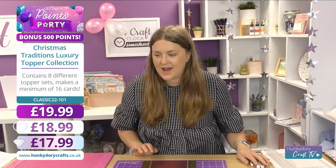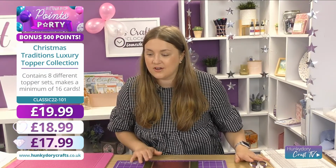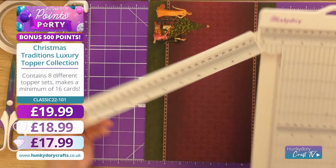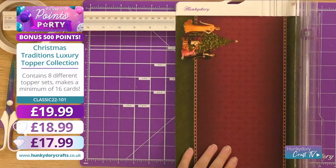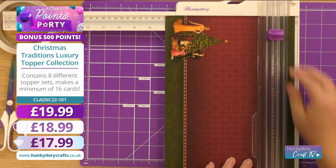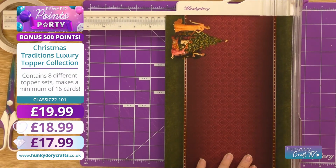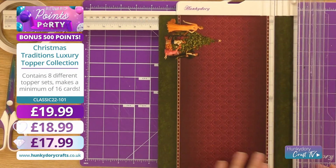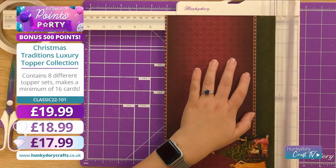Okay, well, I have set myself a challenge today to not use card blanks. I'm just going to use the cardstock that we get in the kit to make these cards. So the first one that we're going to do is a favourite of mine, actually. We're going to trim this down to 7, so it's just along that edge there. What I might do is I want to have that little border in, I think. So if I just cut it so that border's at the top, and then spin it around and cut it